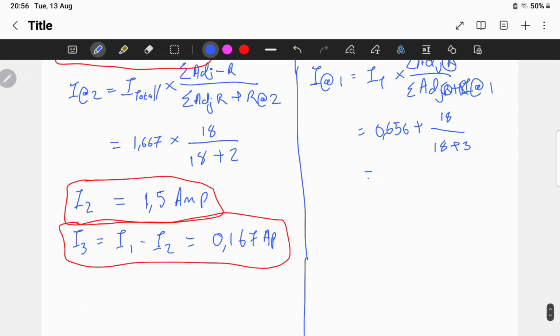So we have our I1, which is 0.656 multiplied by 18 over 18 plus 3, 0.562, and then I3 is equal to